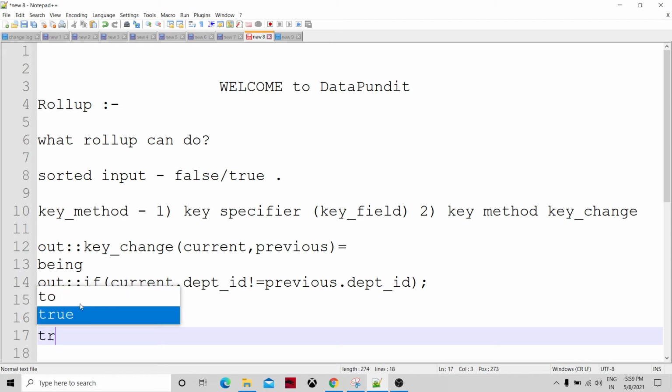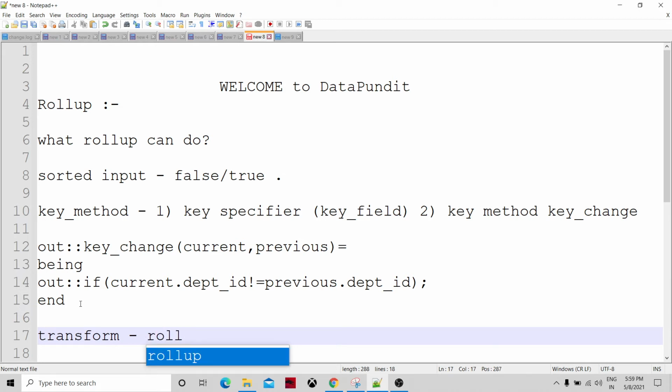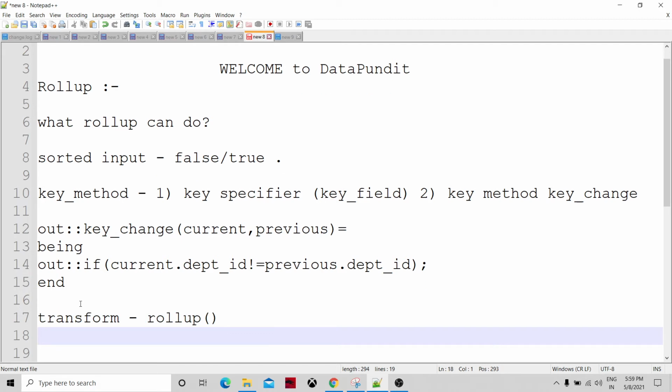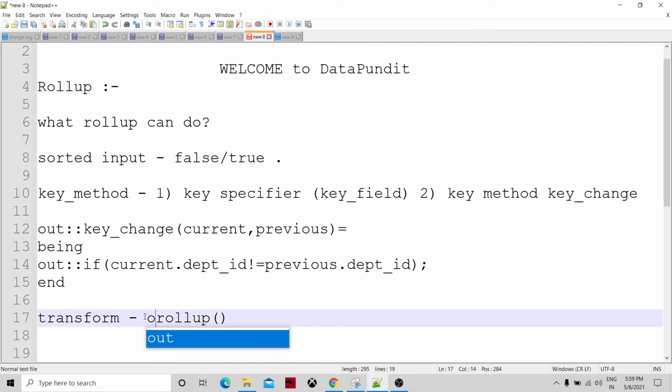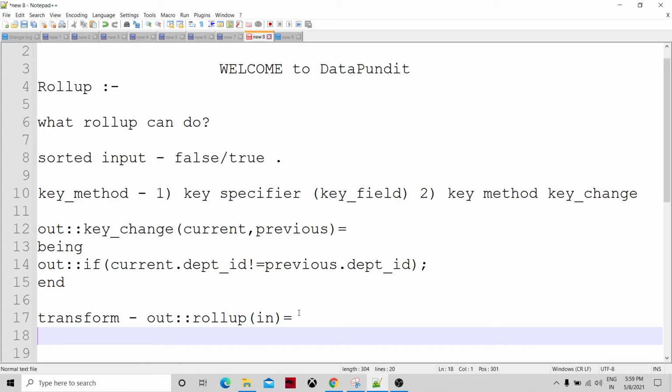In line, there is a transform parameter. The transform parameter gives the programmer space to define the rollup function. If it is working in a simple rollup function, if you are working in a template mode, or in an expanded mode, then there are many functions which we have to define as part of the transform package.